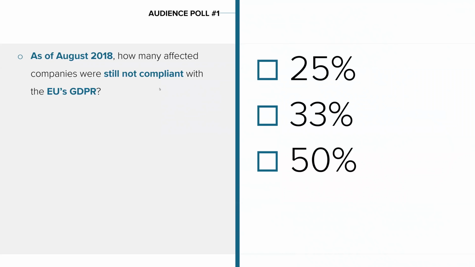When I was first looking into the compliance rates, or how much companies were actually prepared as of May when GDPR went into effect, the polls back then were showing more like 85% of affected organizations were not ready for GDPR at that phase. So either they've played a lot of catch up, or the polling has changed a little bit, but 50% makes sense to me, but according to them, it was actually a third. So at that point, and still what we're hearing is that compliance rates are lowest in finance and the healthcare industries, and only 47% of affected law firms were fully prepared at the date that GDPR went into effect.